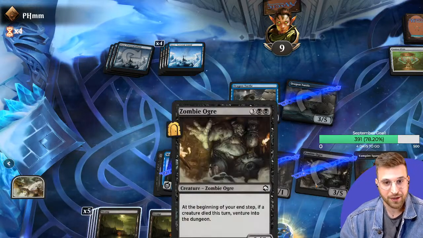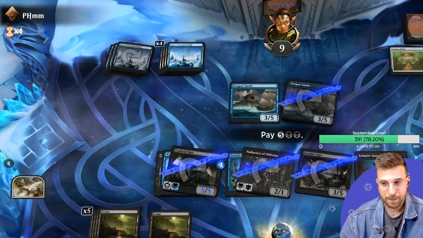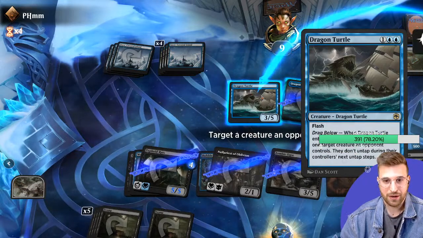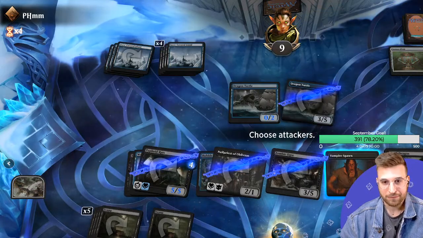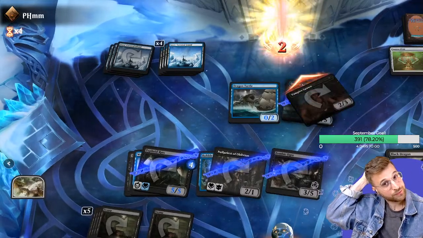Now I get to play my Black Dragon. Just going to give my opponent just 3 on their Dragon Turtle. And they're going to have to let